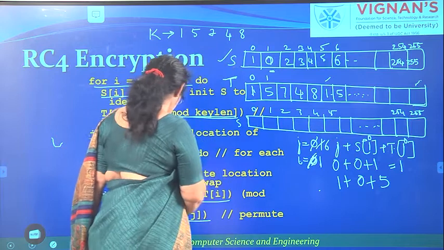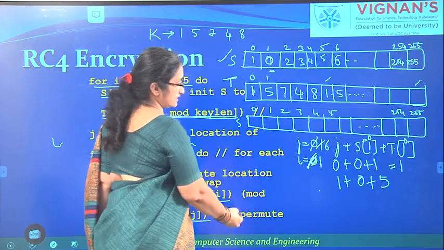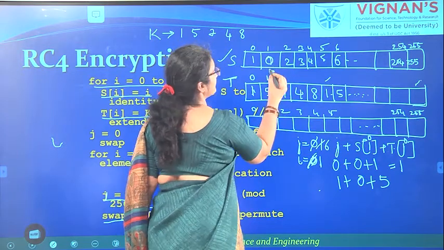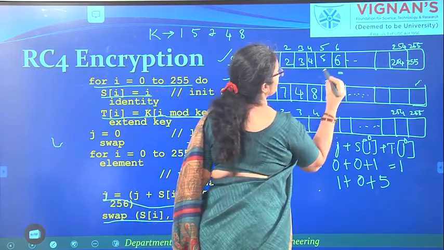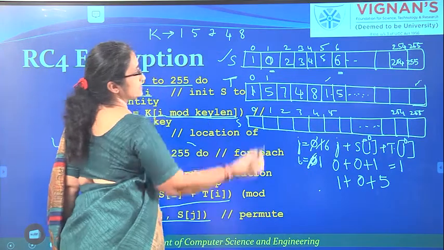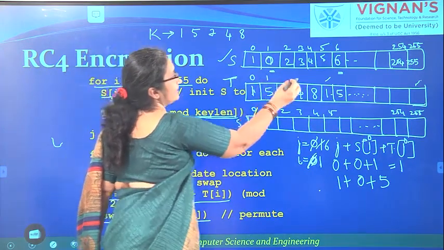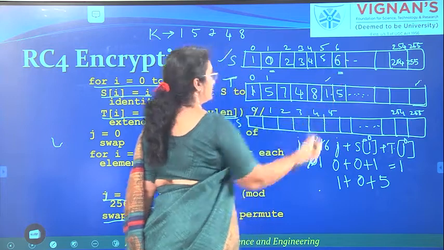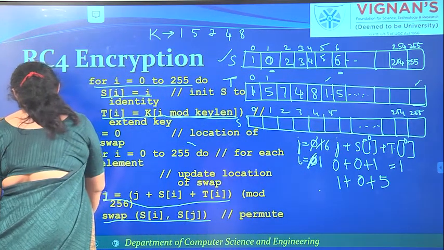So you have to swap S of I with S of j. The I value is 1. So whatever is present here, you have to shuffle it with S of j, because the j value is 6, and in the 6th location you have the value 6. So let us reshuffle it.